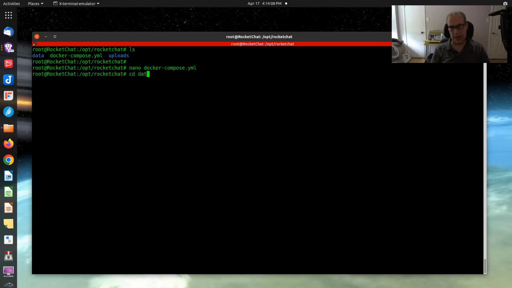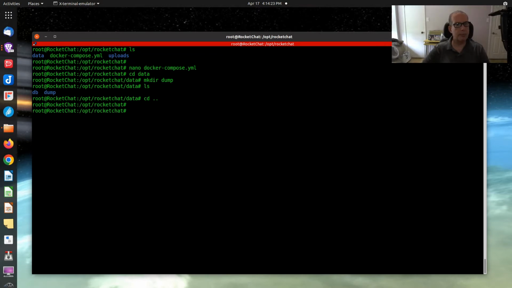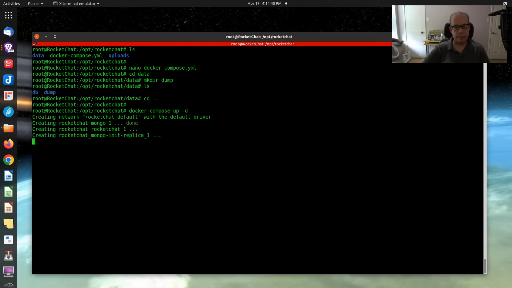I cd into data, and I'm going to make a directory called dump. So if I do an ls here, we have the dump directory and the database directory. So now I go back to the opt/RocketChat folder, and the next step we want to do is a docker-compose up -d. Start it back up in its new location now that I've moved it. And now that I've activated the dump directory,